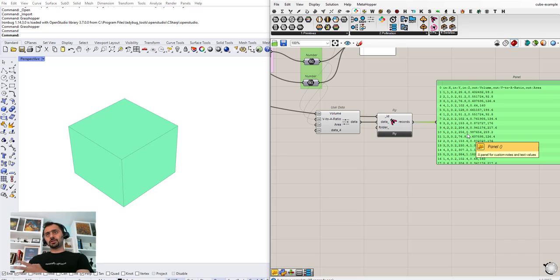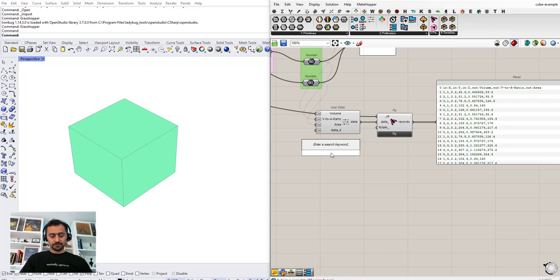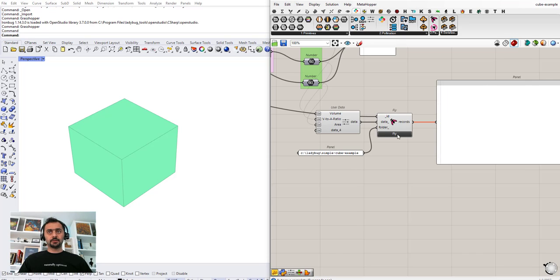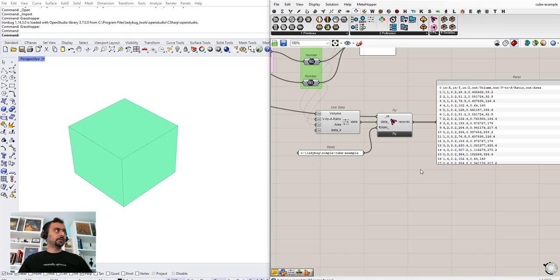Before you had to do something to save. Colibri has a process to help you with that too. But now here what I'm going to do, you can put a folder, and when you put a folder, these values will be written in that folder. So I'm going to do C:/ladybug/simple cube example. So now I do this, click Fly, and now you can see the Fly will be in C:/ladybug/simple cube example. So now when it's done,